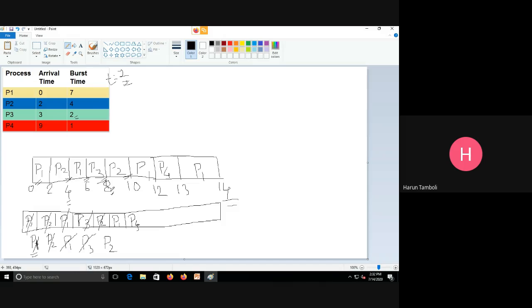Now after 8 to 10, after 10 seconds, P2 will get completed. ओके, P2 ला किती 4 सेकंद पाहिजे, ऑलरेडी ह्याचे P2 चे 2 सेकंड झाले होते इथं 2 to 4